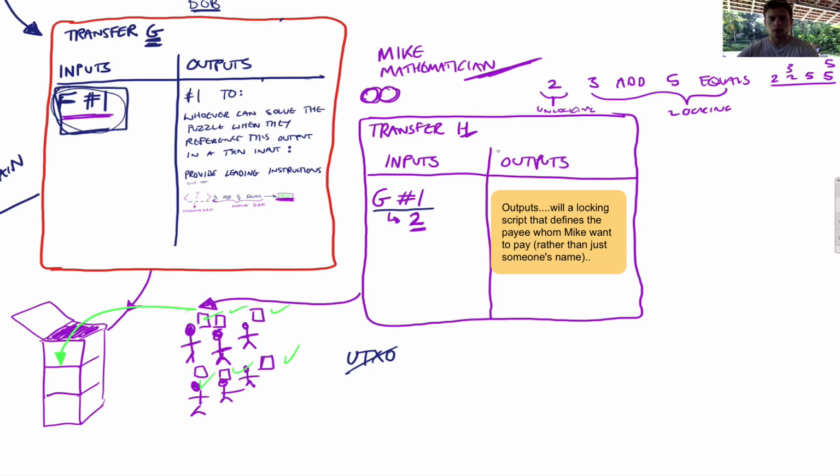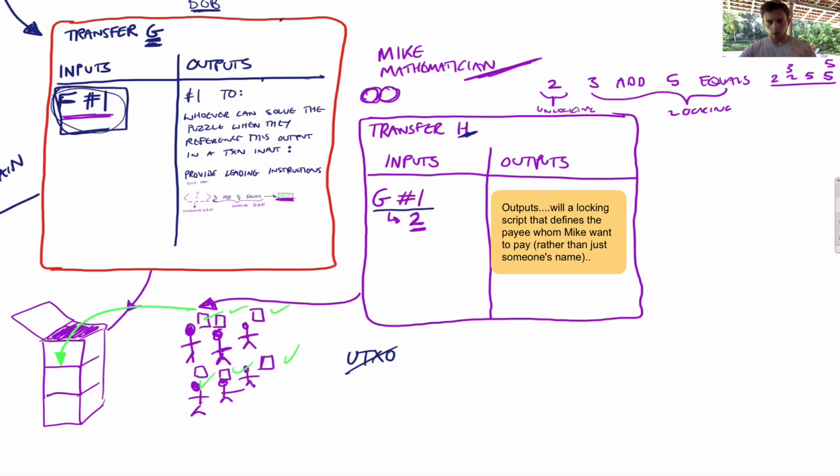So what we haven't covered is transfer H, where Mike the mathematician is solving Bob's playful little transfer G over here, where he's not actually transferring this to anyone in particular, he's just setting a puzzle. What if Mike wants to then spend this money and send it to somebody else? So how do we create a locking script